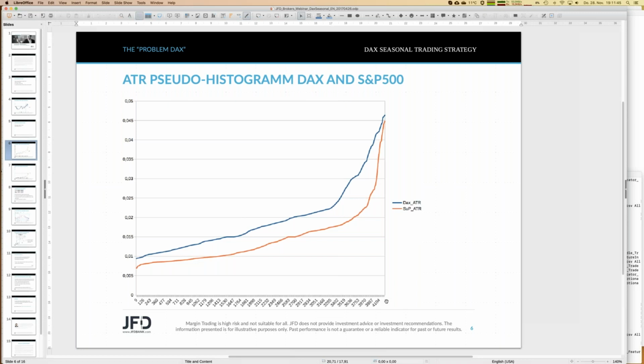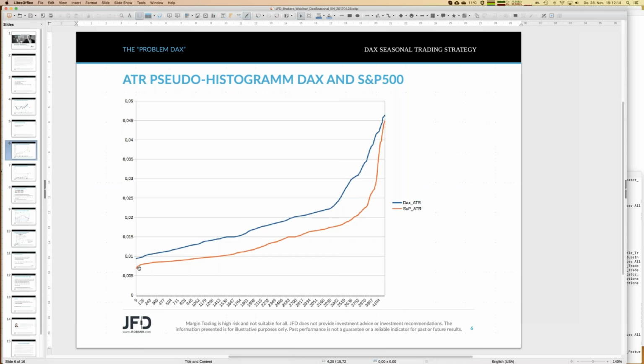And now I ordered those numbers by size, so by increasing numbers. And that's exactly the plot here. So the lowest ATR ever for the S&P 500 is this red number here, and I calculated the ATR in percent because normally in a